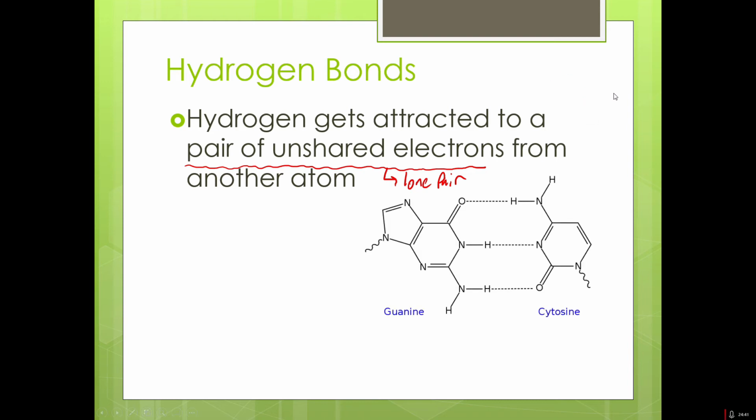This is highly important in a lot of biological molecules, like DNA and protein. They have lots of hydrogens, and they have lots of non-hydrogen atoms as well. So here, this oxygen will have two lone pairs of electrons. So this hydrogen is attracted to those lone pairs. Similarly, this nitrogen over here will have a single lone pair, so this hydrogen is attracted to that. So this gives rise to how certain